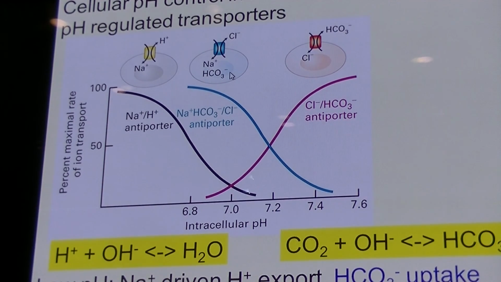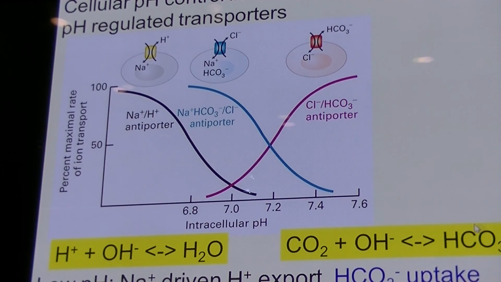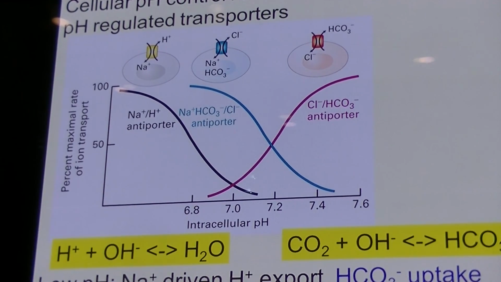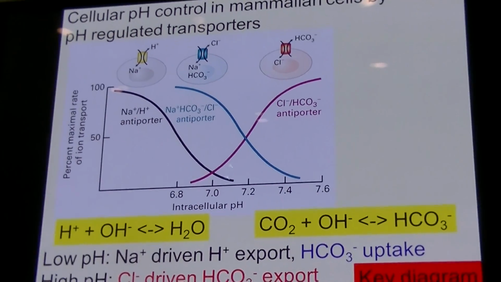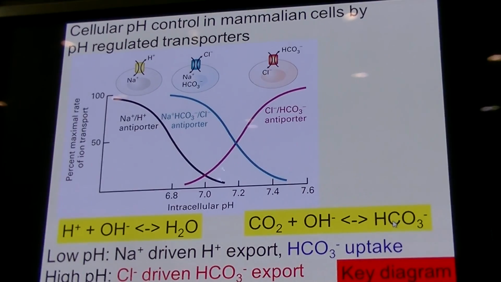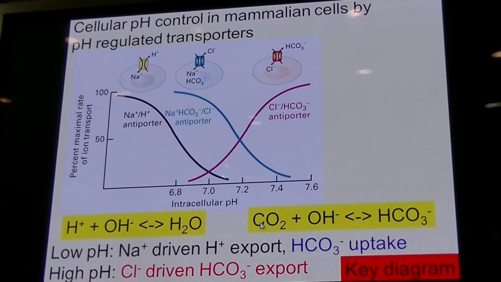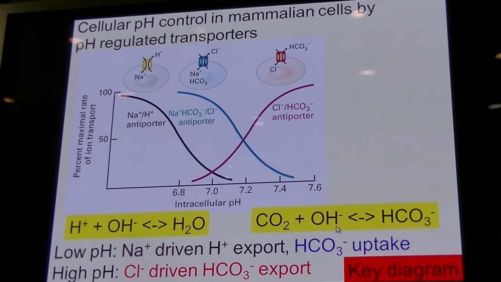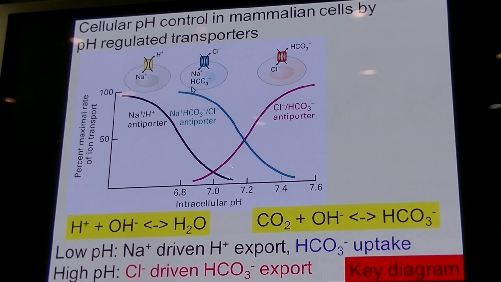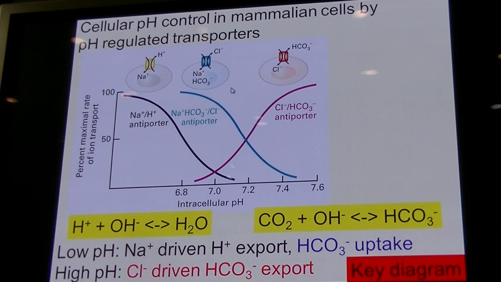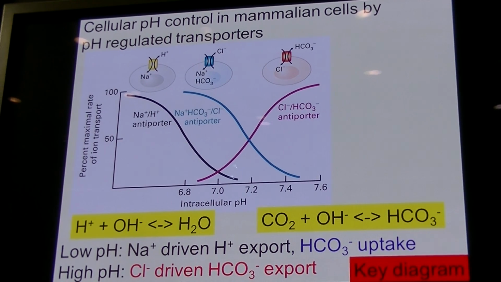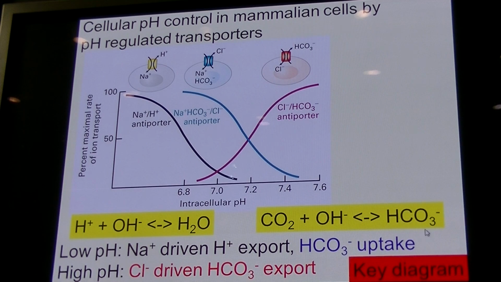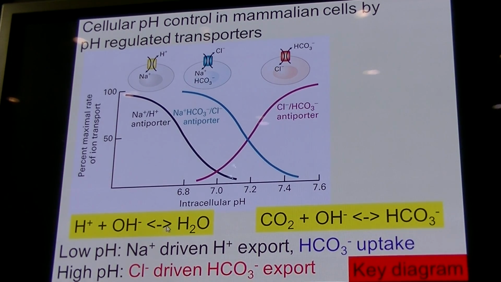It brings bicarbonate in, and here is our bicarbonate ion. Bicarbonate is essentially a source of hydroxide ions, because bicarbonate is essentially carbon dioxide together with a hydroxide ion. So if we import bicarbonate, we essentially import hydroxide ions. This dissociation occurs, and hydroxide